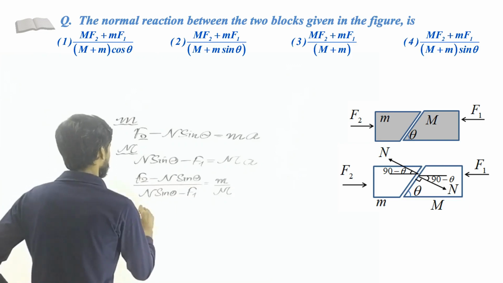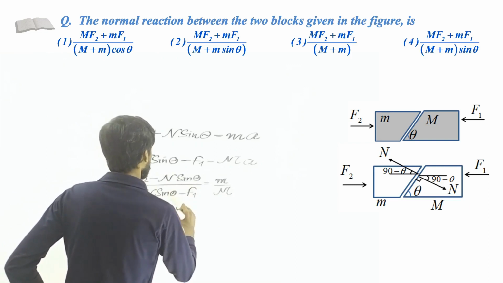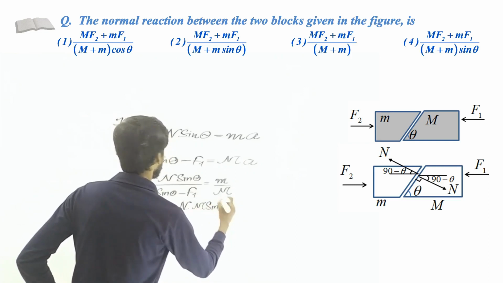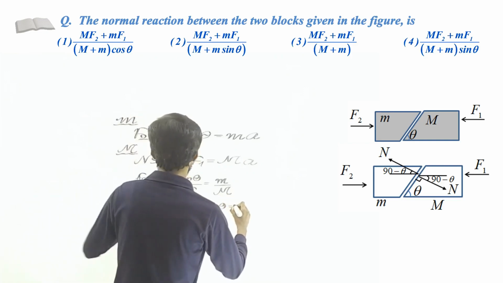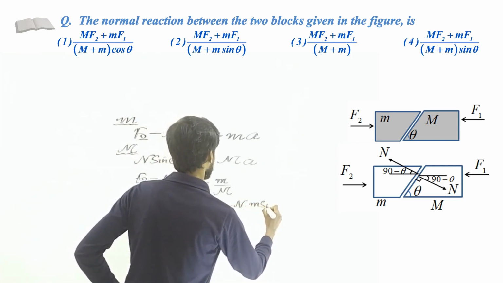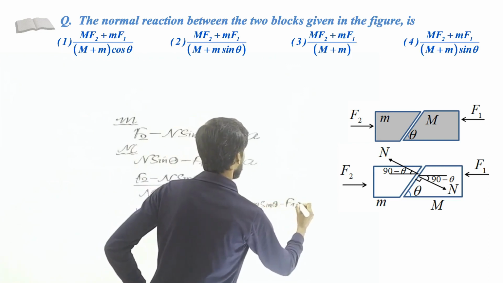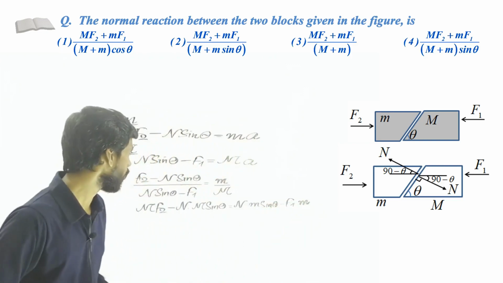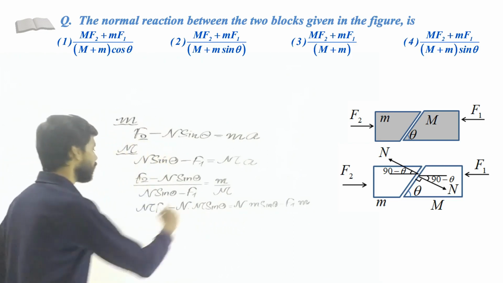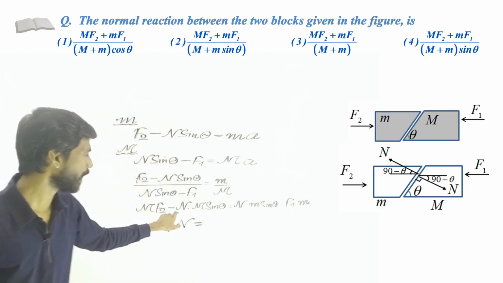So m f2 minus n multiplied by m sin theta equals n multiplied by M sin theta minus f1 multiplied by M. Now we need to find the value of n. Here we have n on both sides, so we can combine these two together. So we get the value of n, if we take this to the other side, we'll get capital M